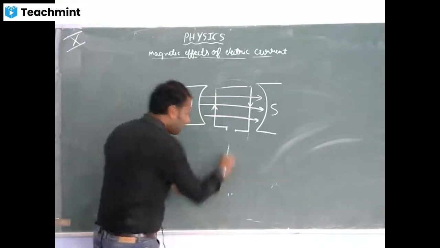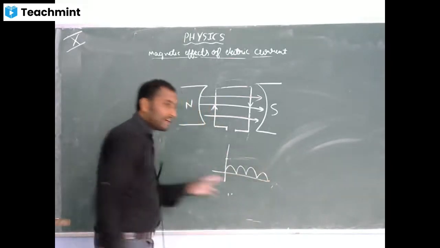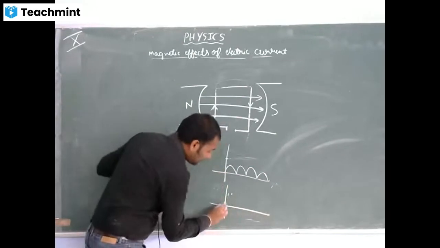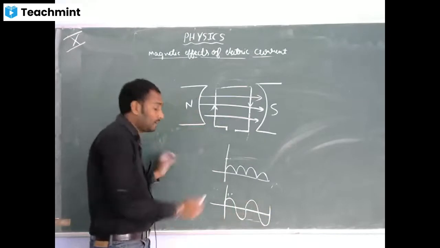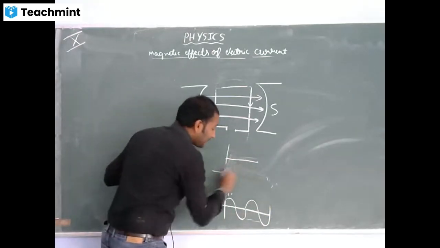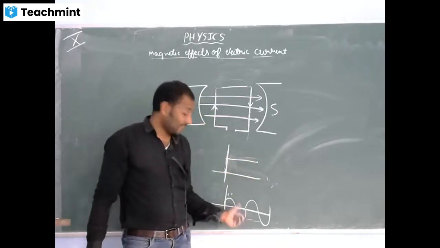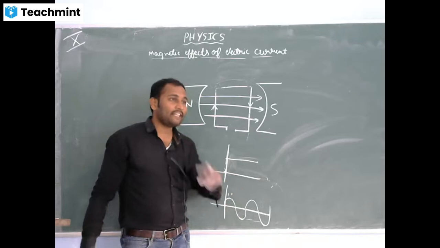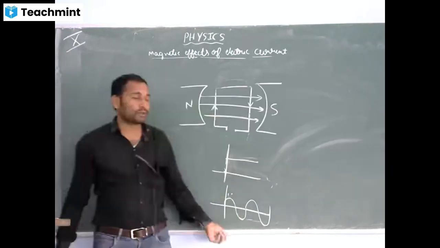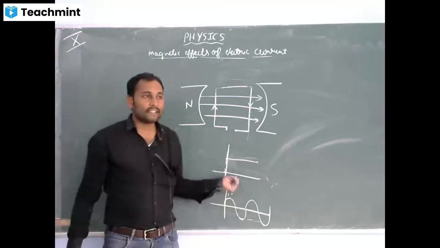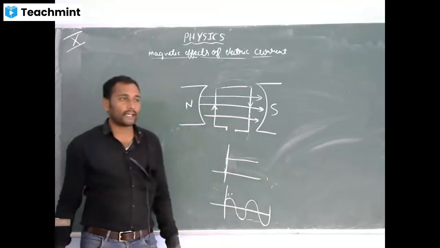So the DC current graph is like this. That means only one side we will be getting current. Whereas AC has a positive half cycle, negative half cycle, positive half cycle, negative half cycle. The direct current graph is a straight line. So this is DC, this is AC. The current is not the same; every second it keeps on changing, from positive half cycle to negative half cycle. Whereas in DC, the current direction is only one direction, positive to negative.